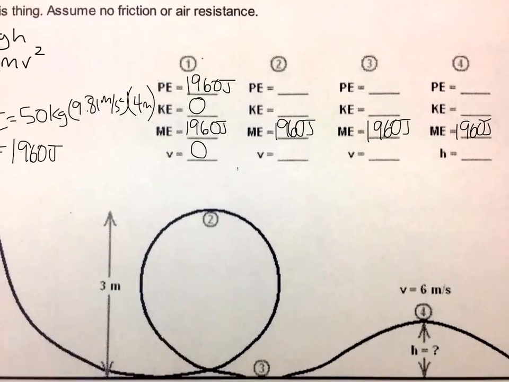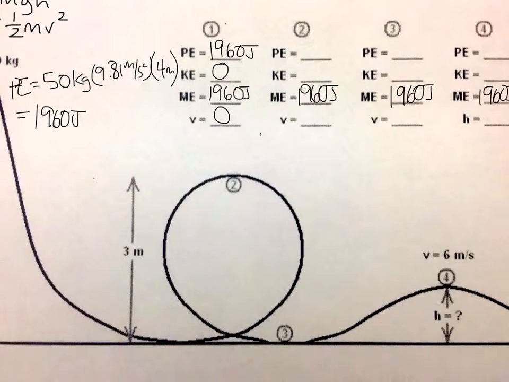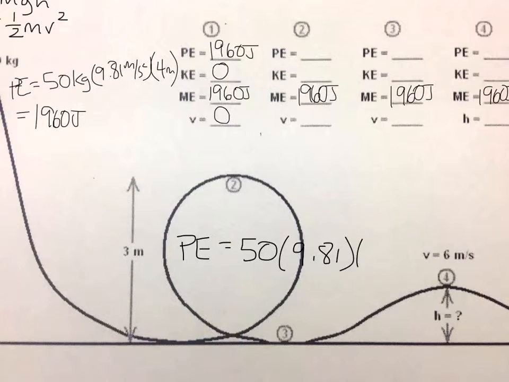Now we can take a look specifically at scenario 2. Scenario 2, the roller coaster is located here at the top of the loop, and we're told the height at the top of that loop is 3 meters. Height is a clue about potential energy, so we'll calculate the potential energy on the top of that loop as mass 50 times g 9.81 times a height of 3 meters. And that potential energy works out to 1,470 joules